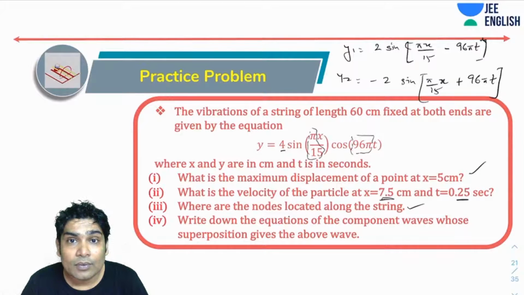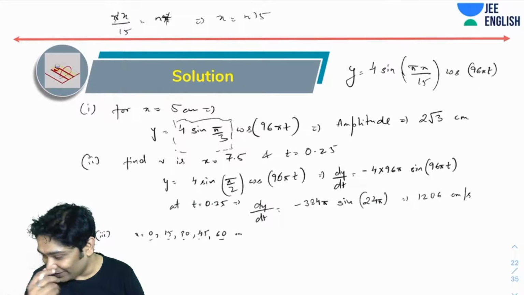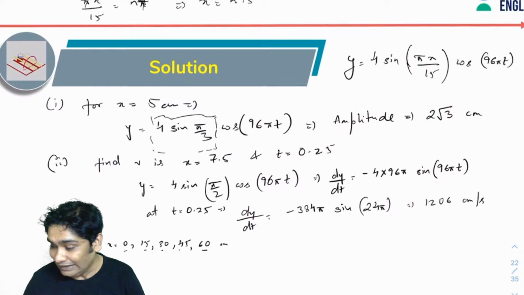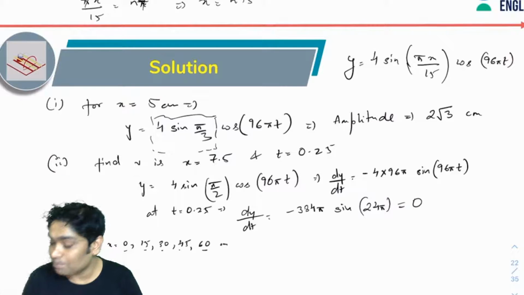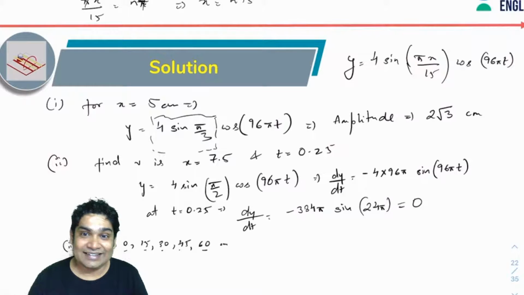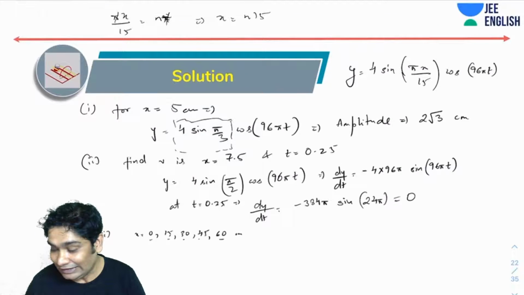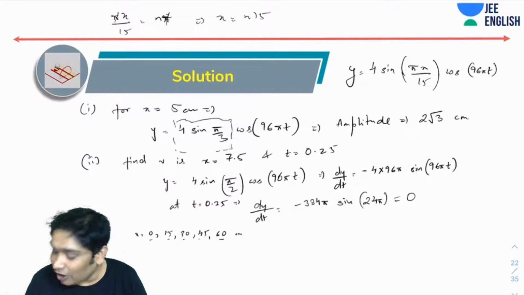Okay. Sine 24 pi is 0. Oh yes, oh yes, what am I saying? Yeah, you are absolutely right. That is why they gave such huge calculations. Absolutely. So the velocity would be 0. Yes, I saw your answer and I just wrote that. I also did not pay attention. Of course, sine 24 pi is 0. Alright, that is why they had given you such a long calculation, because you never needed to do it. Alright.